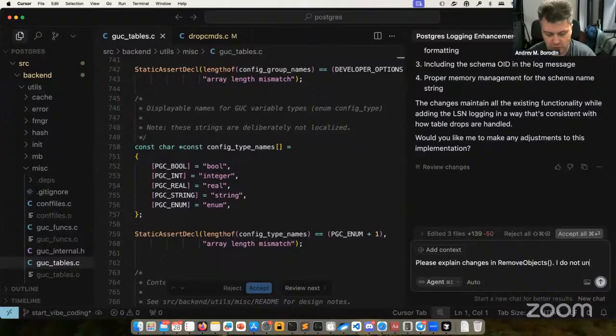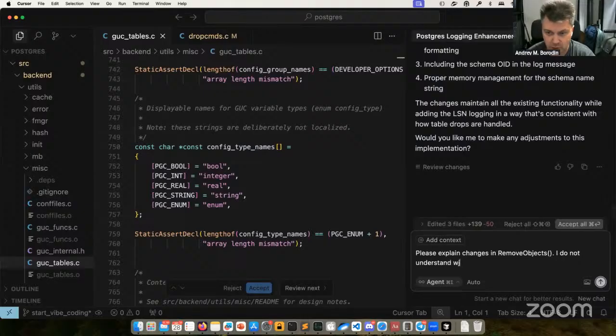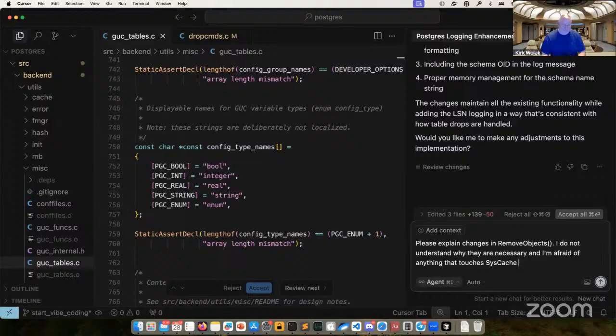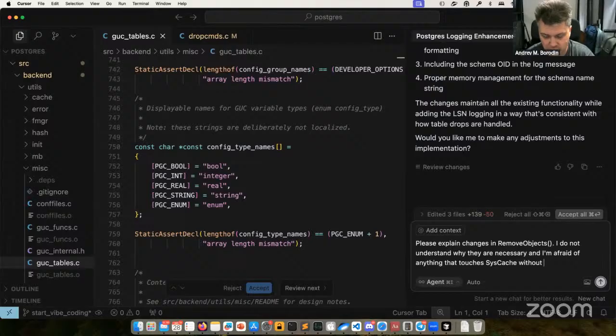I do not understand why they are necessary, and I'm afraid of anything that touches this cache.